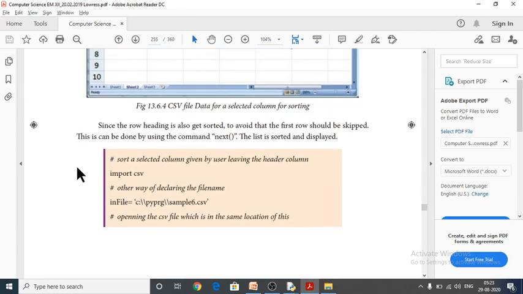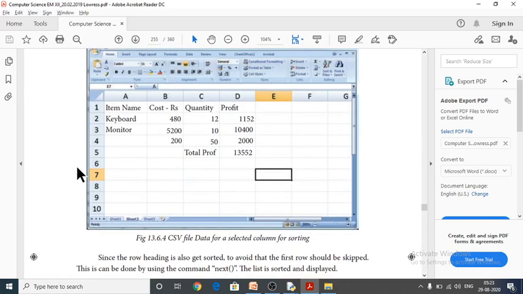So next function, which is used to skip the first row. First row means it should be skipped, because of using the next function, it should skip the headers.